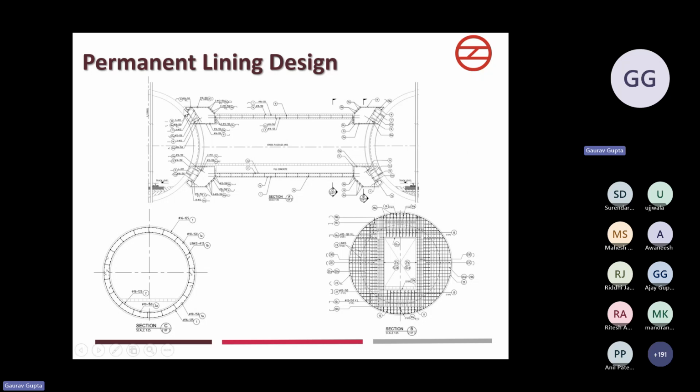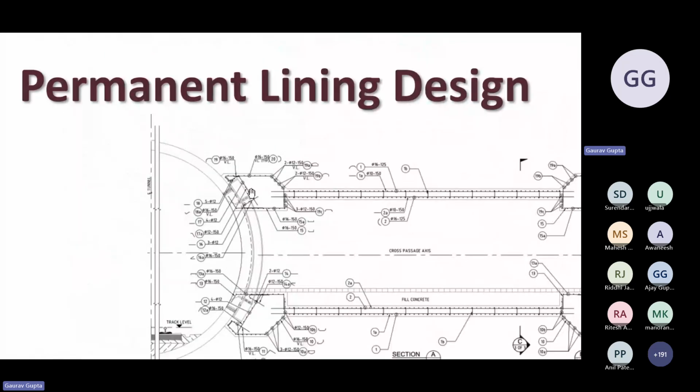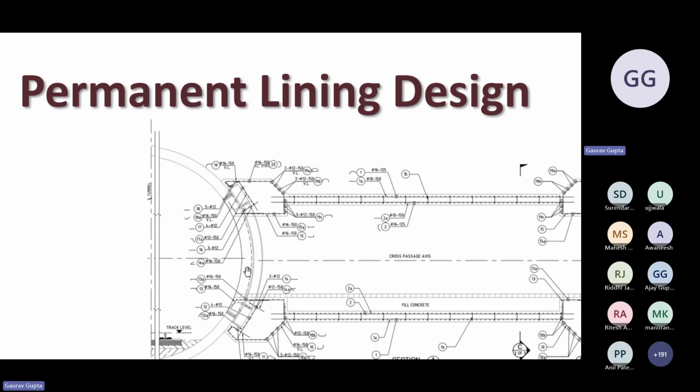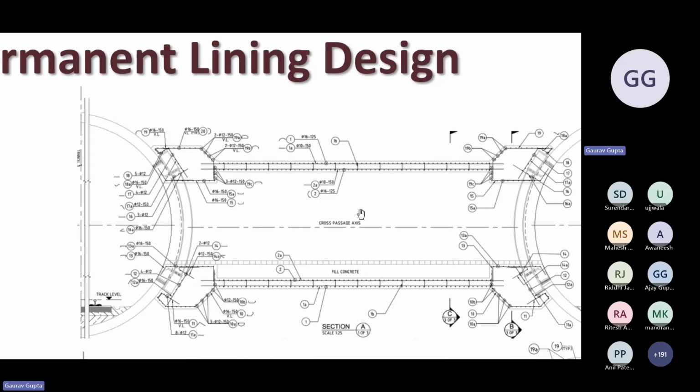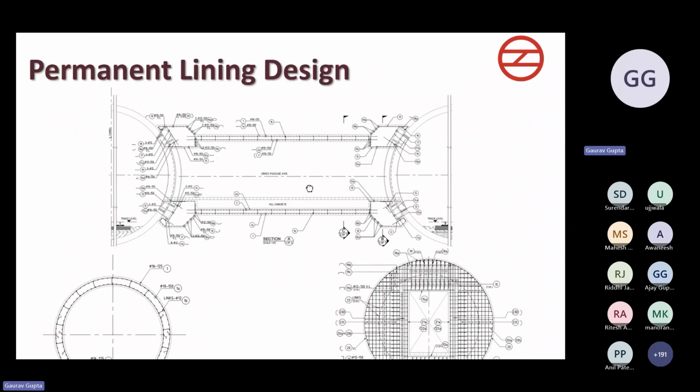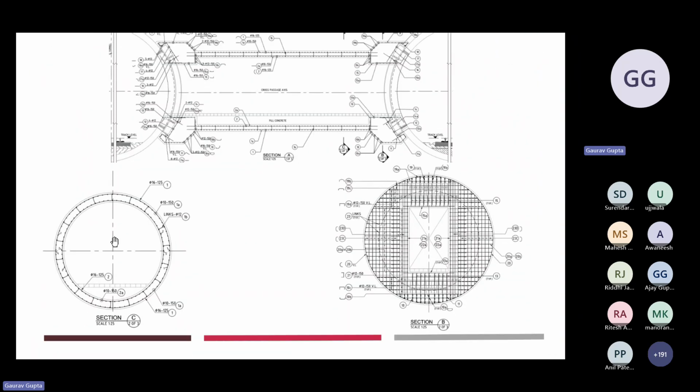Here you can see this is the bulkhead, which I was telling you that all this segment will be removed. So all the load of the previous segment will be transferred into this. This is the cross section of the